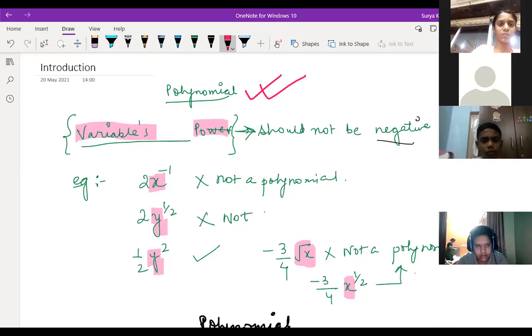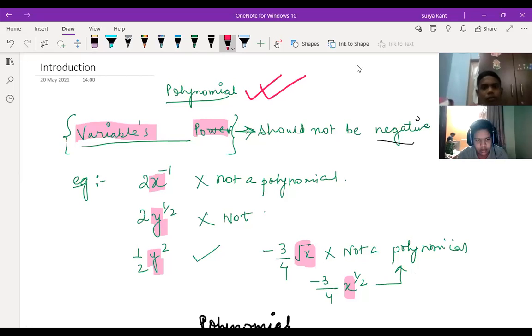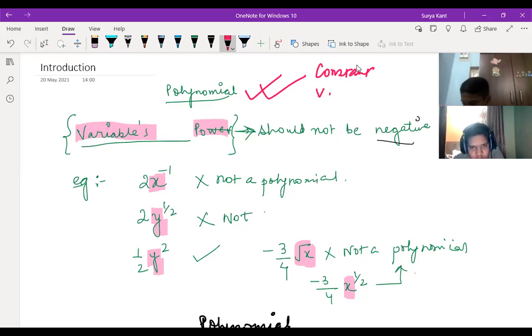See, these polynomials are having powers, okay? Some x to the power 3, x to the power 2, whatever it is, it will have a power. It may be a digit, meaning a constant, and a variable. Two things will be there, right, children? Constant and variable. So for a variable, the power should not be negative.